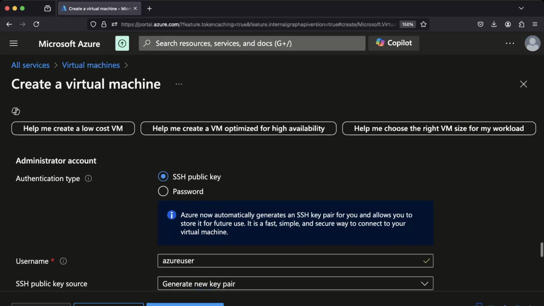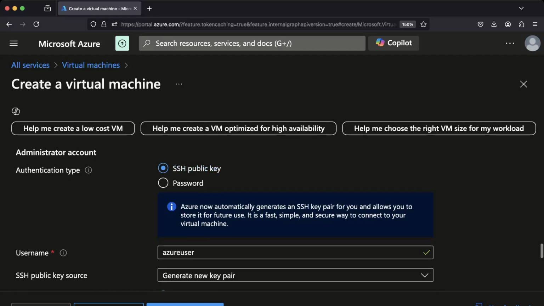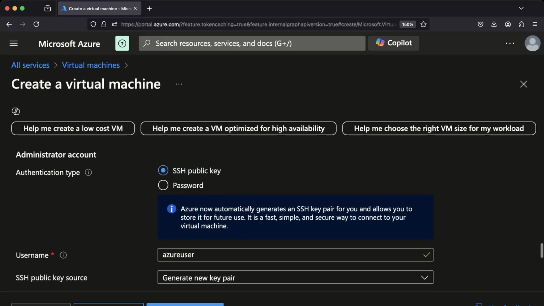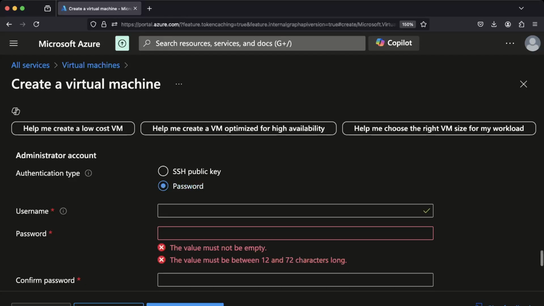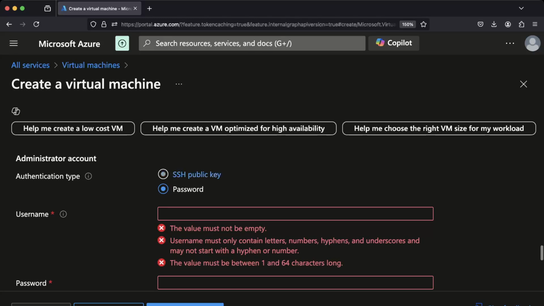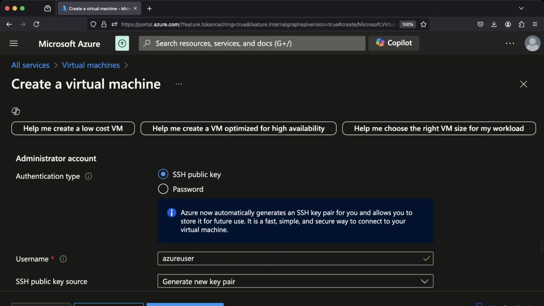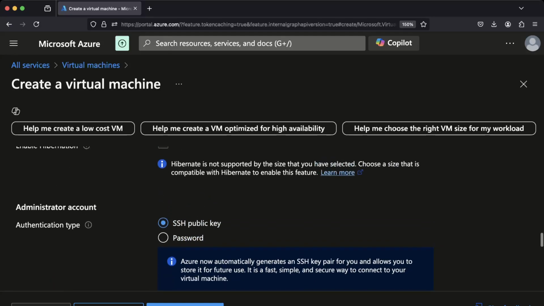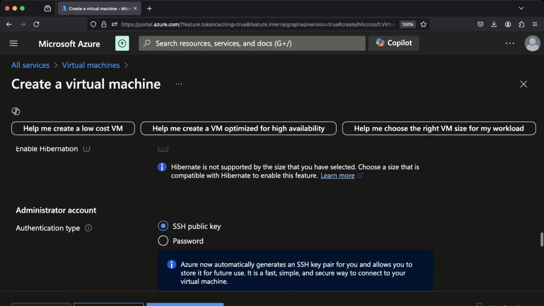And now let's talk about the administrator account. So here, there are 2 ways we can access our virtual machine. One is with the username and password. If you know anything about usernames and passwords, yours has probably been stolen at some point in your life. And so typically they're not the most secure option between these 2 options. We have an SSH public key. All that means for